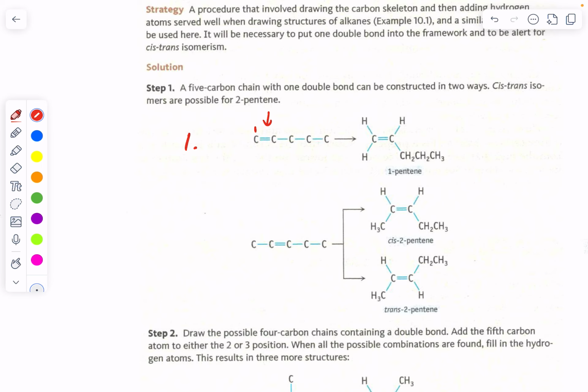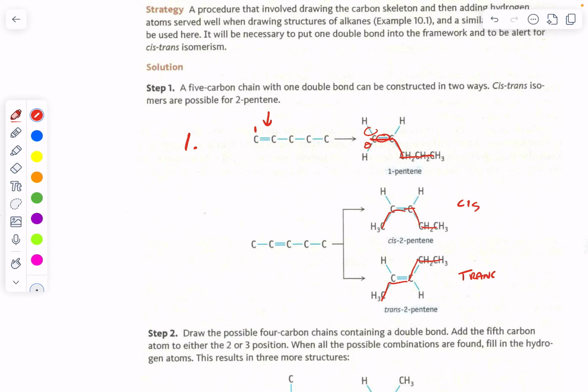You can see that, because of the trigonal planar structure around each carbon with its 3 regions of electron density, you go carbon down to there. There's your 5 carbons in a row. Down here, the 5 carbons in a row look like this. And this is my cis. And over here, 1, 2, 3, 4. Here's my trans,